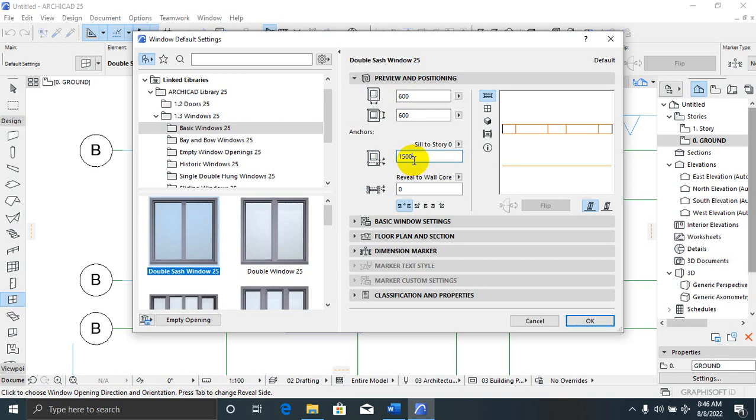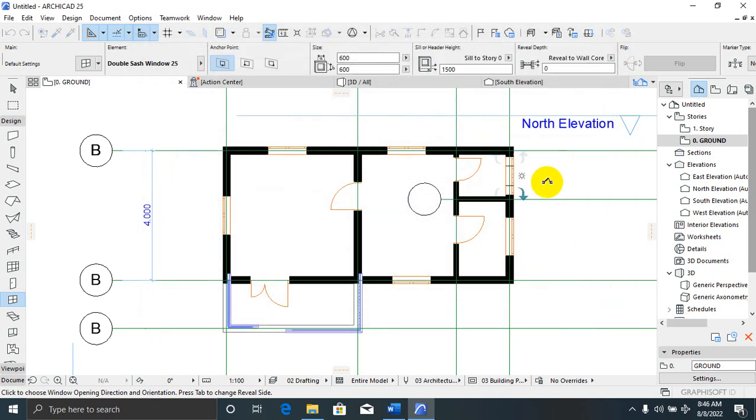If I go for 3000 minus 900 minus 600, 1500. If I click on OK,